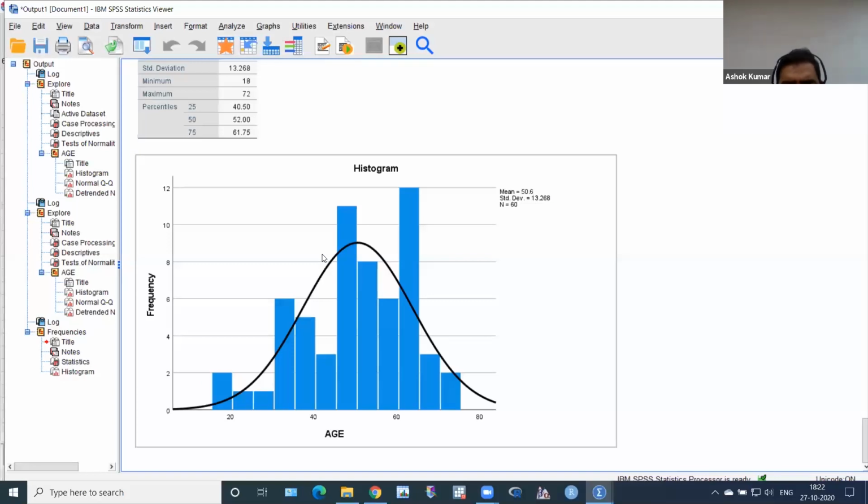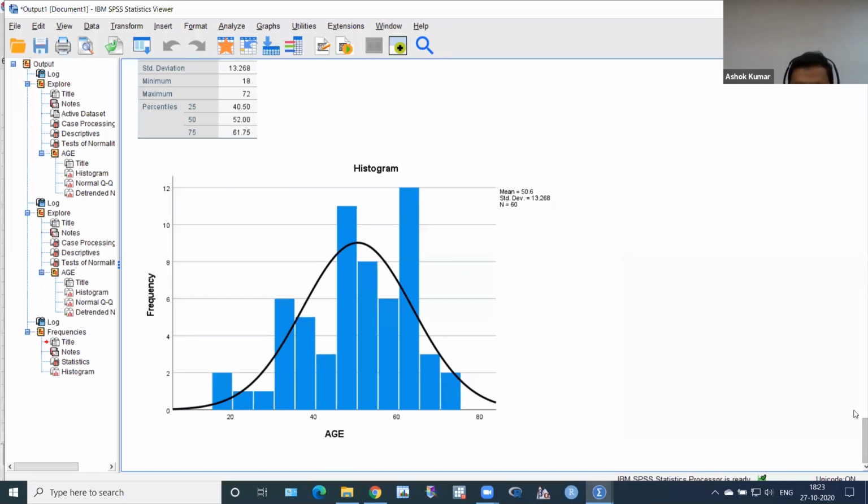But if I check the skewness of this, where is the tail? You can see where the tail is. If you cannot judge whether the tail is on the left side or right side, I think the tail is on the left side here, because the majority of observations are far from the y-axis and the tail is on the left. So it is left skewed, or negative skewed. Just check.